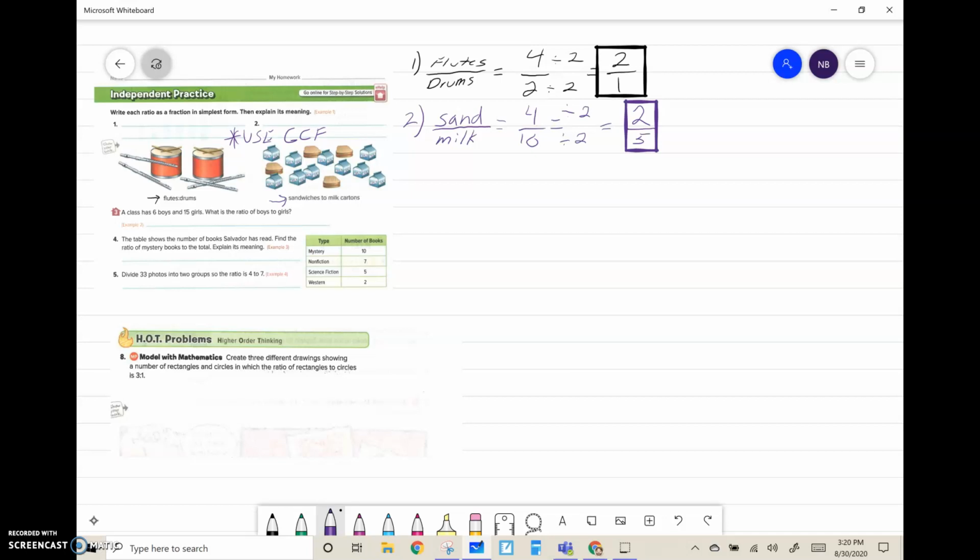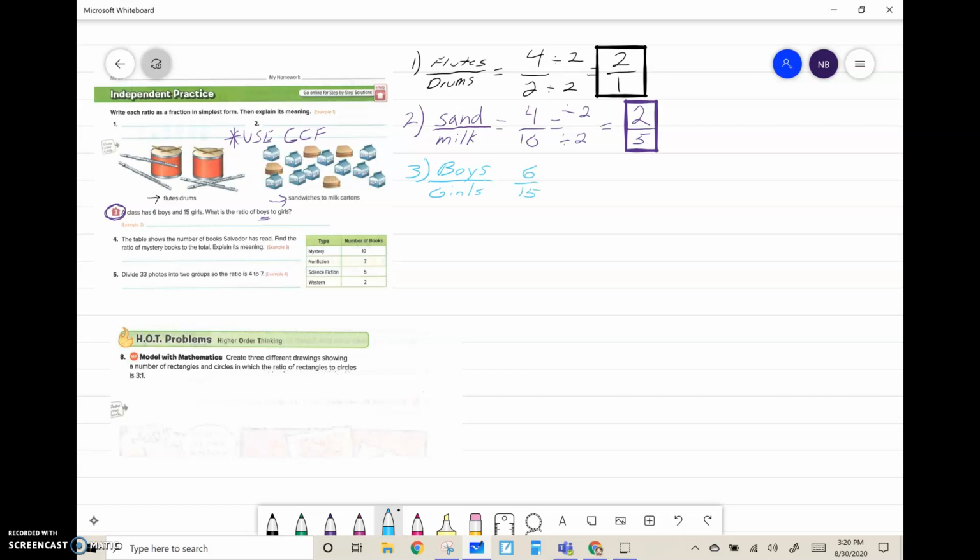All right. So now looking at number 3, we have a class that has 6 boys and 15 girls. What is the ratio of boys to girls? Again, the first word is what's going to tell us what our numerator is. So for number 3, we need boys for our numerator and girls for our denominator. Okay, and we look at it, we have 6 boys